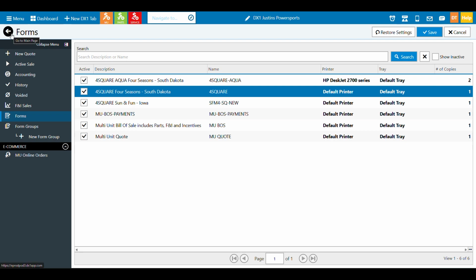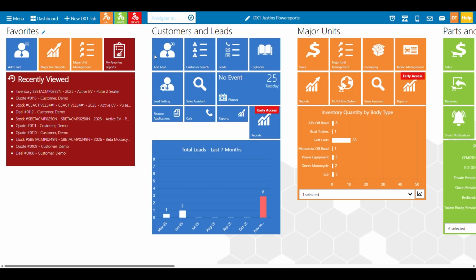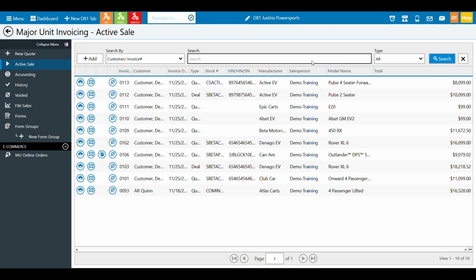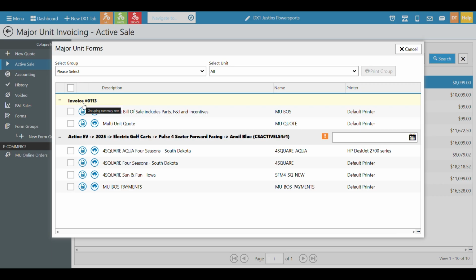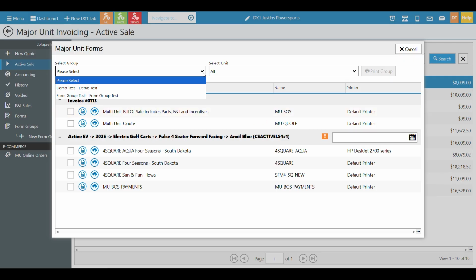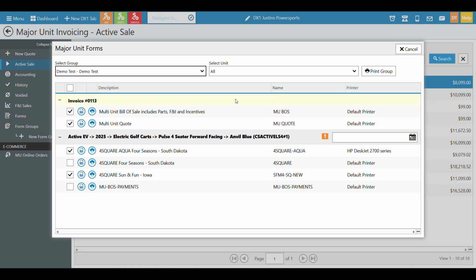Now, one of the main differences you'll also see here is now when I go to print forms compared to before, when I hit my print option, I'm going to see a difference here. And this is where printing form groups can really kick this process off. If I've set up form groups, I can now just say, give me this group and hit print group. And boom, all those forms are going to fly to the printer. I mean, that's just already different from the last process.